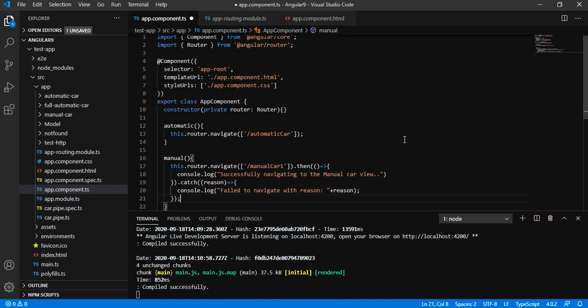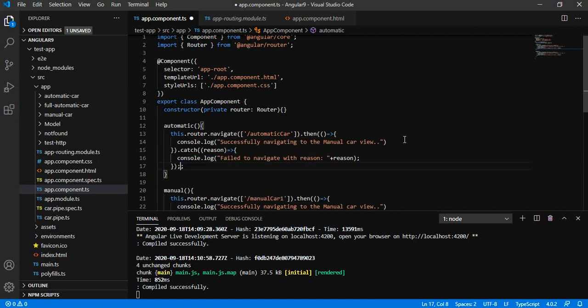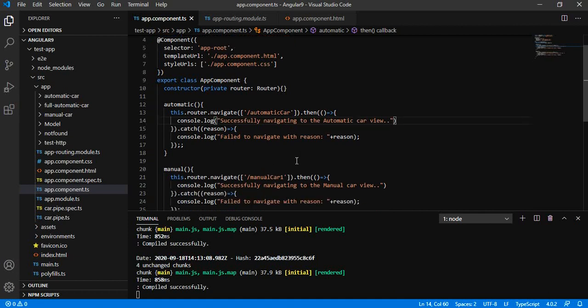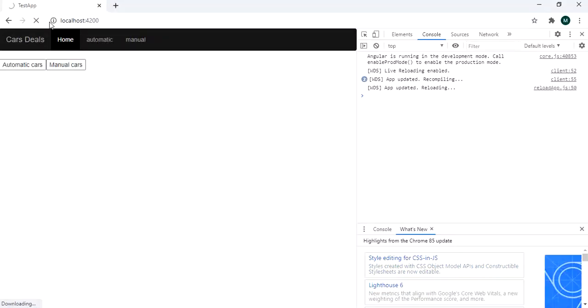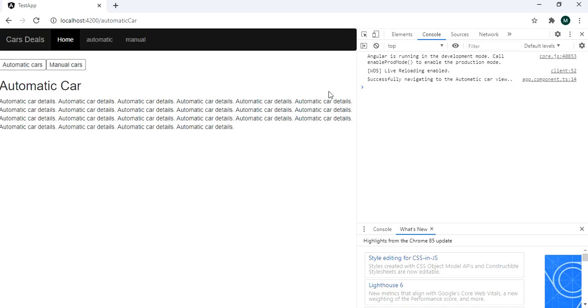Let us apply the same thing to our automatic method also. Both routes will be working. So when I click on automatic car, it prints successfully navigating to the automatic car view.